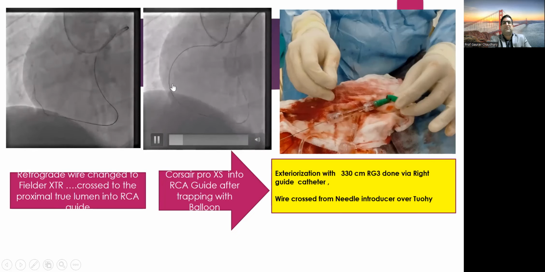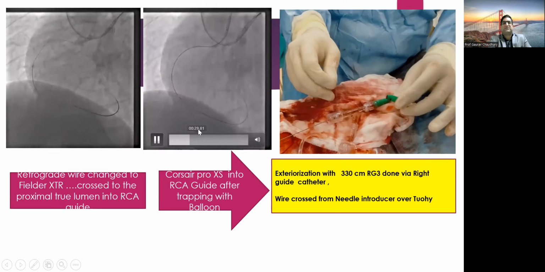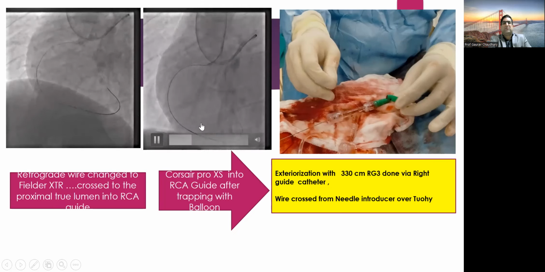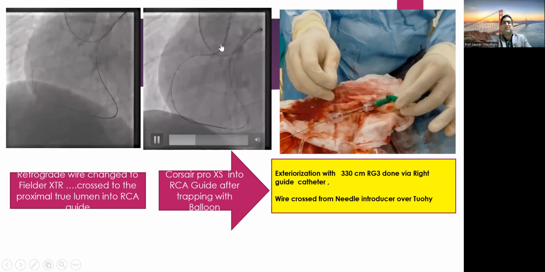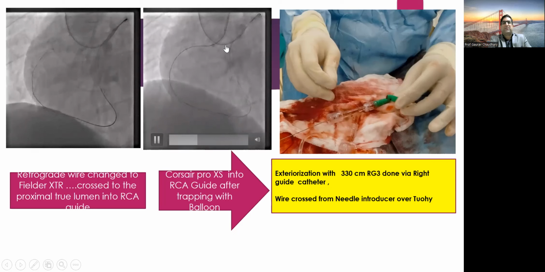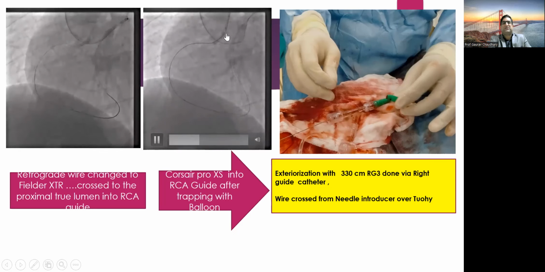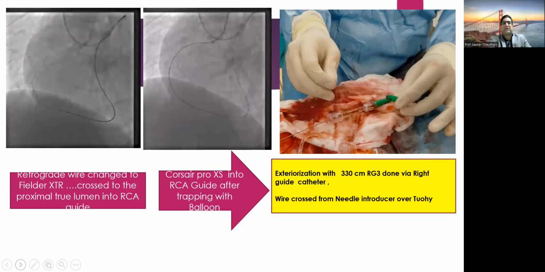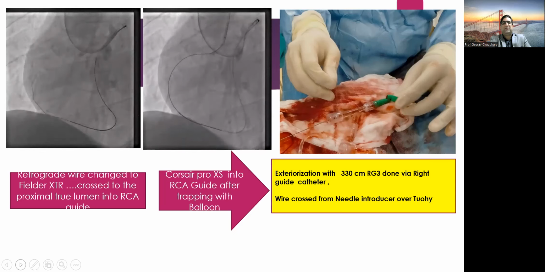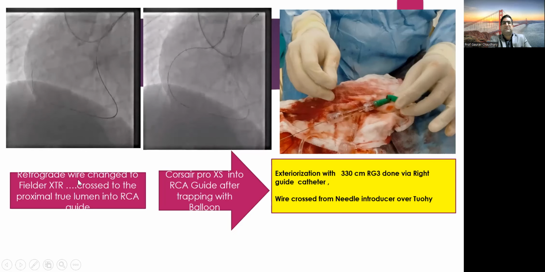CTO segment. And over this Filter XTR, the Corsair Pro Access was taken into the right guiding catheter, keeping this trapping balloon over there. So it gives support and the microcatheter could be advanced into the guide. And now, once the